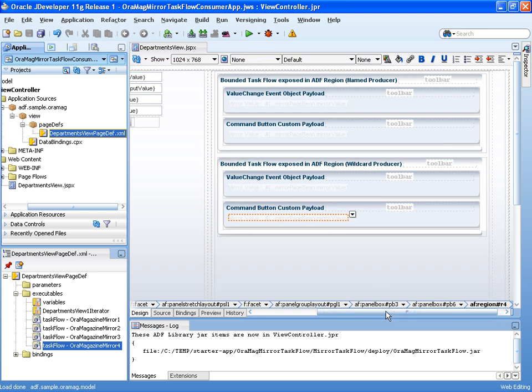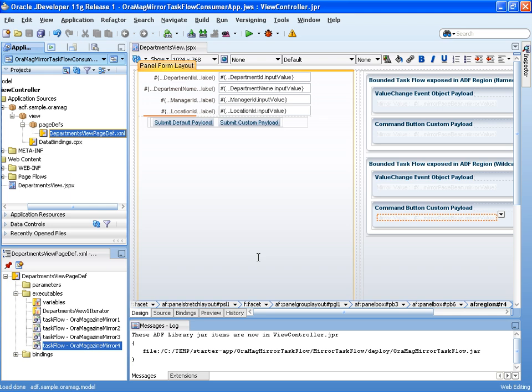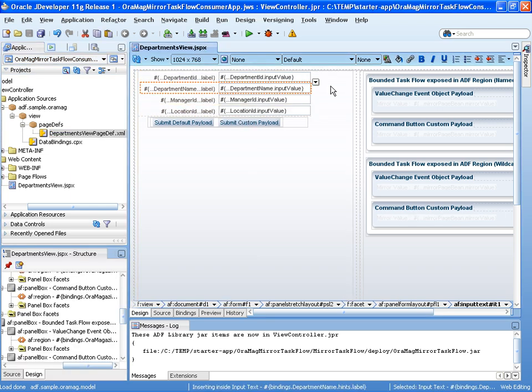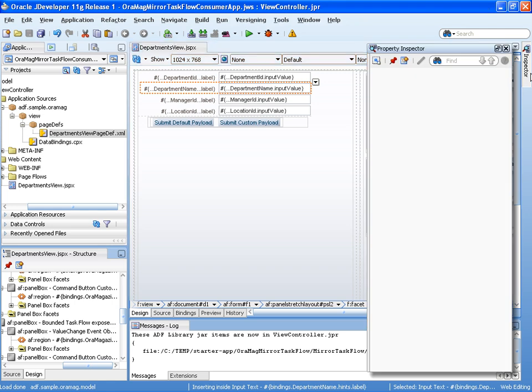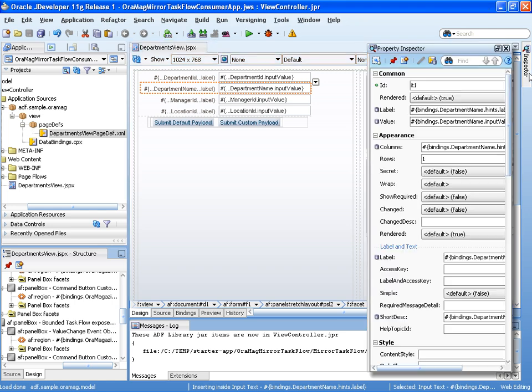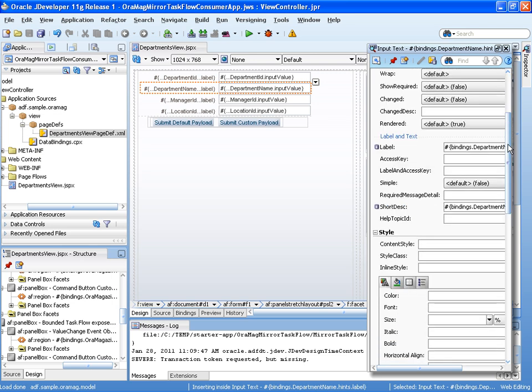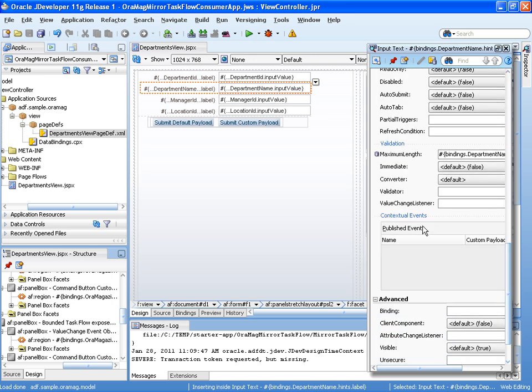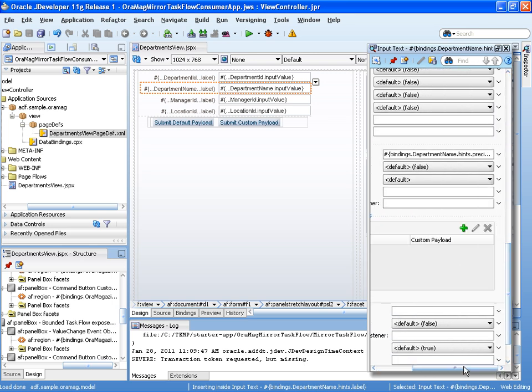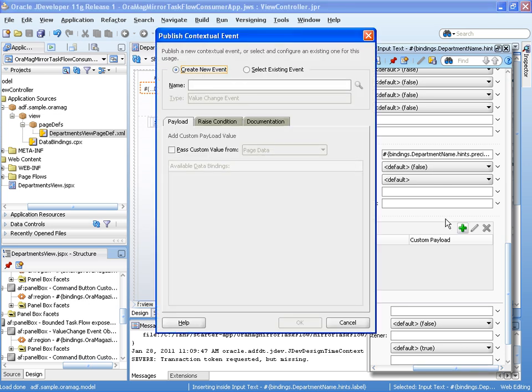So the next part is to create the event producer. And the event producer, the first one I want to create from the department name. When I open the property inspector and scroll down, there's a section called Contextual Events, and in this section I press the plus icon to create a new producer event. So let's call this one on